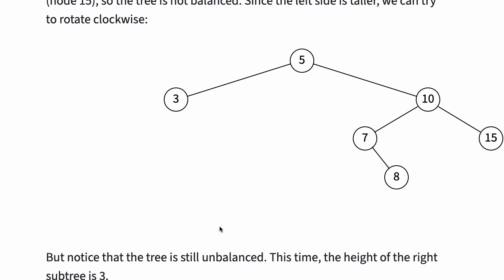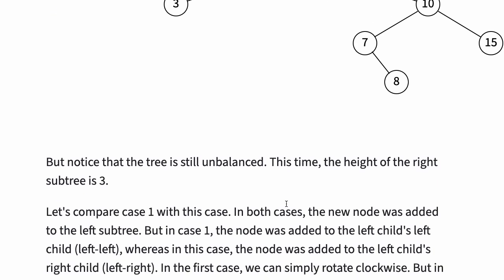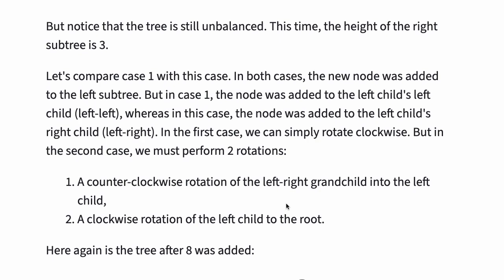But notice that the tree is still unbalanced. This time, the height of the right subtree is 3. Let's compare case 1 with this new case. In both cases, the new node was added to the left subtree, but in case 1, the node was added to the left child's left child, whereas in this case, the node was added to the left child's right child,